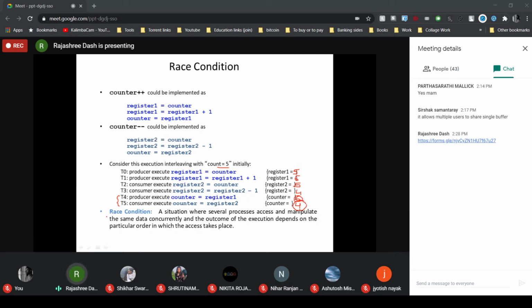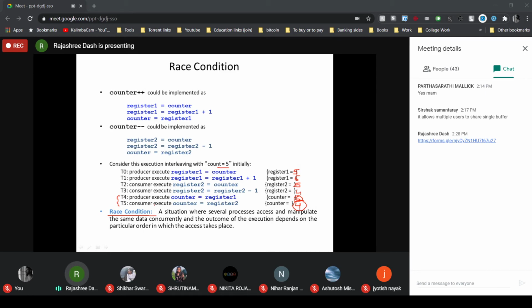So what is a race condition? Remember, a race condition is a situation where several processes access and manipulate the same data concurrently, and the outcome of the execution depends on the particular order in which the access takes place.